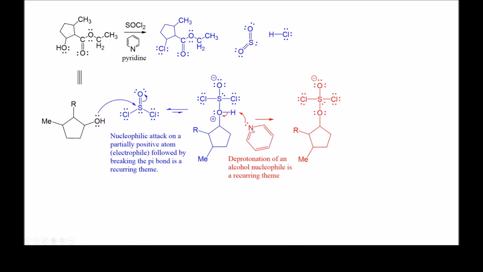And so what the pyridine does is it rips that hydrogen off of the oxygen. And if you remember, an oxygen that carries a positive charge typically has a pKa in the ballpark of -2, meaning that it's a very acidic oxygen. And because it's very acidic, that's why equilibrium tends to either push this way or the base will come in